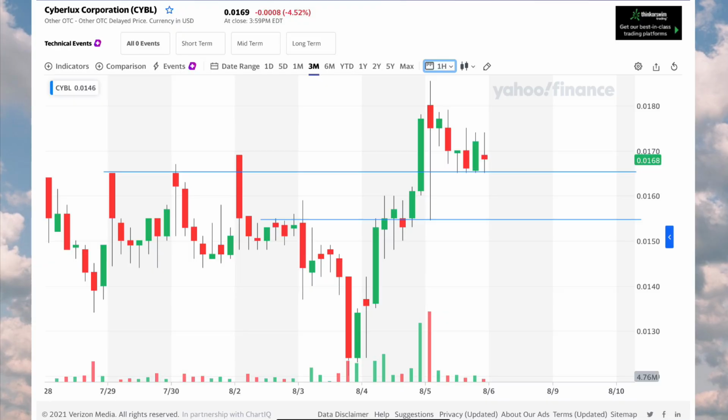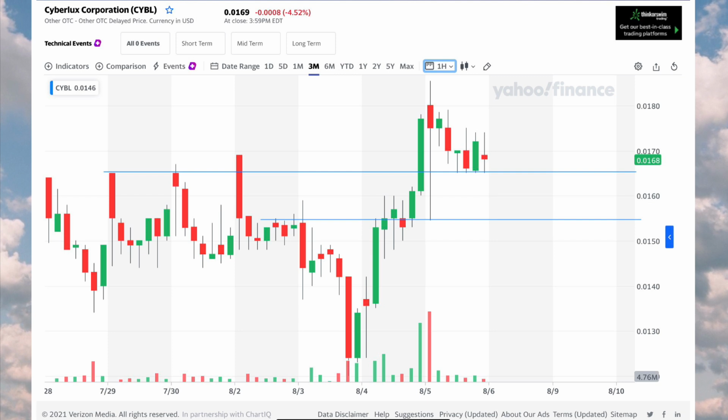Here's the 3-month, 1-hour candlestick chart for CYBL stock, or Cyberlux Corporation. Cyberlux stock traded all the way up to 0.0186, and then it threw in that top wick where the sellers stepped in, and now it's traded down to 0.0169 where it's holding that support. We can see the last 4 hours of the day, it did hold that same level of support,